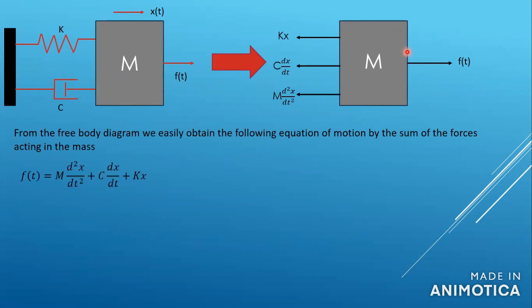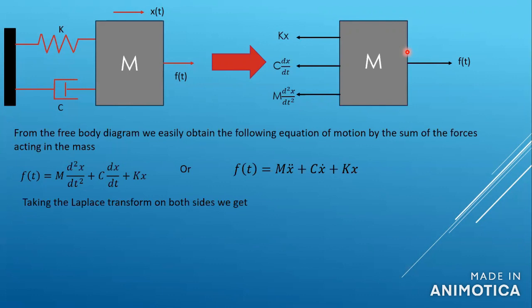We have two formulas to write the equation. In my opinion, I prefer the second one because it's easier to understand, easier to write, and easier to use. So the equation is f(t) equal to m x double dot plus c x dot plus